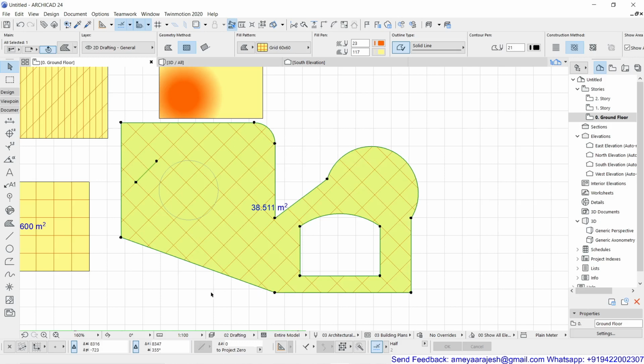There's a technique of locking the selection in ArchiCAD so that ArchiCAD can do some special editing tasks on that selected element. How do you lock the object? It's a very simple process. Just click on the same tool with which the selected element was drawn. My fill was drawn with the fill tool, so I single click on the same tool, and you will see a change at the top in the info box. Earlier it said all selected, now it says selected, editable.